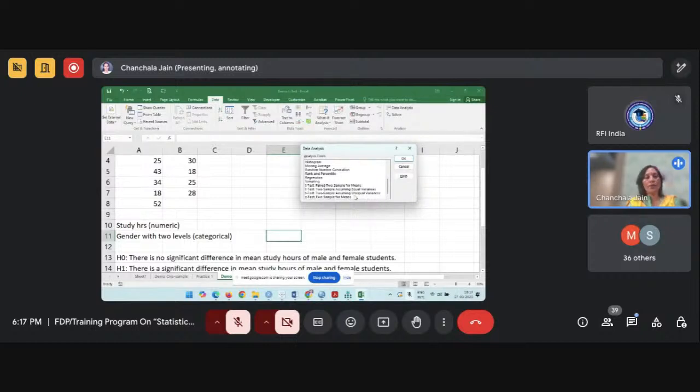If I talk about equal variances and unequal variances, there is an assumption of the independent sample t-test. You need to check whether the variance is the same in the two groups which you are considering. If the variance is the same, you will go with the first option. If the variance is not the same, you will go with the second option. But till now, I think we have not identified whether the variance is the same or not, right?